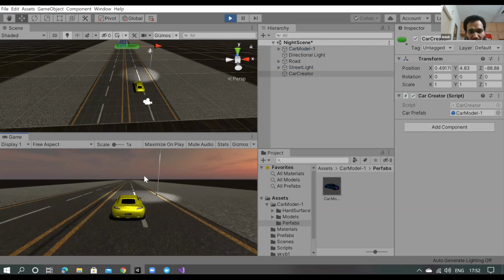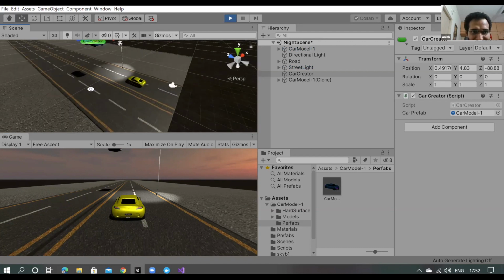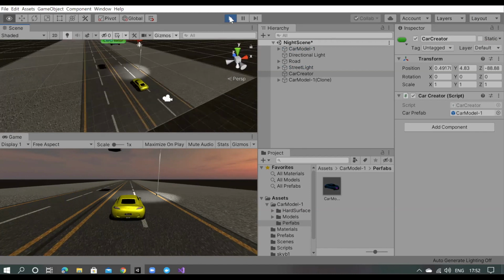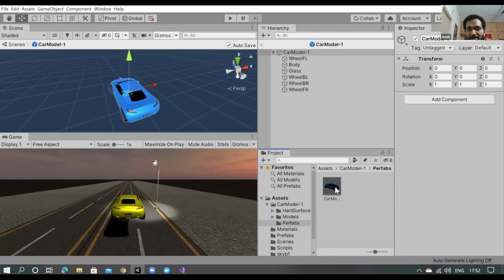Okay, and now in the game, I'll press C button. Okay, so one object is created, but this object doesn't move. Why? Because it does not have rigid body and box collider, and also car move manual or car auto. Correct. So what I did is I double clicked on this thing, and it opened the prefab